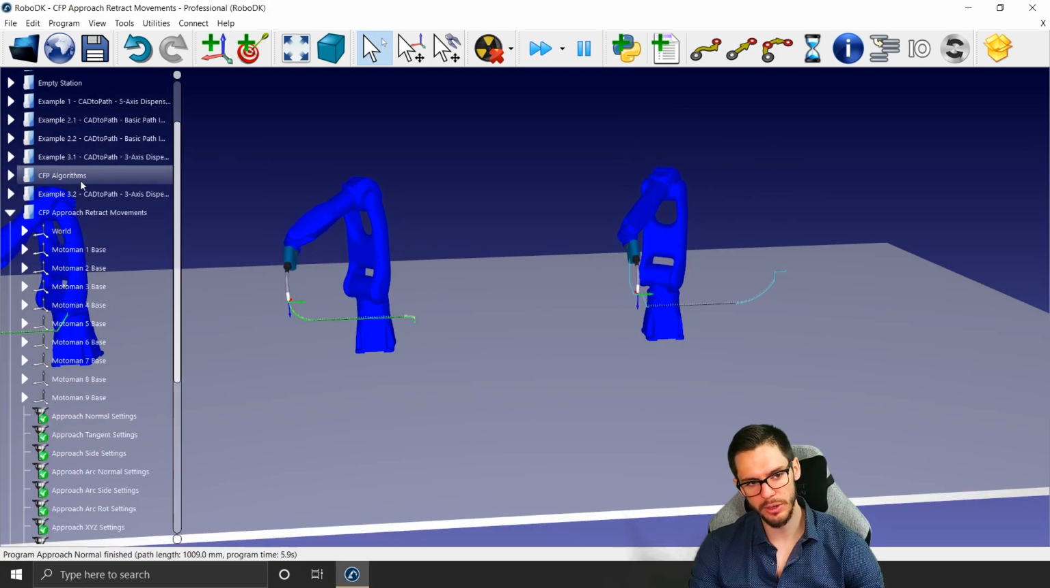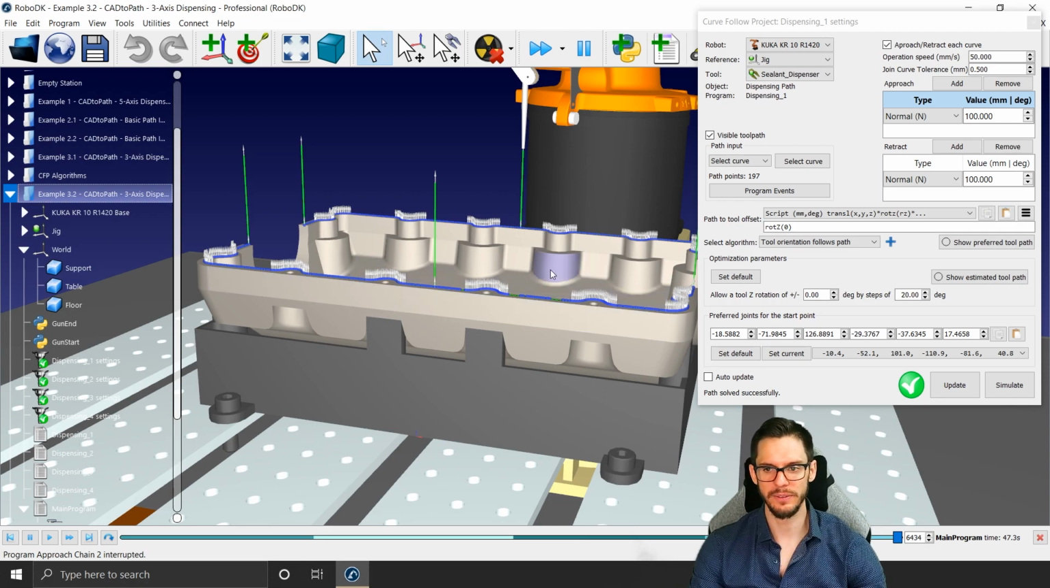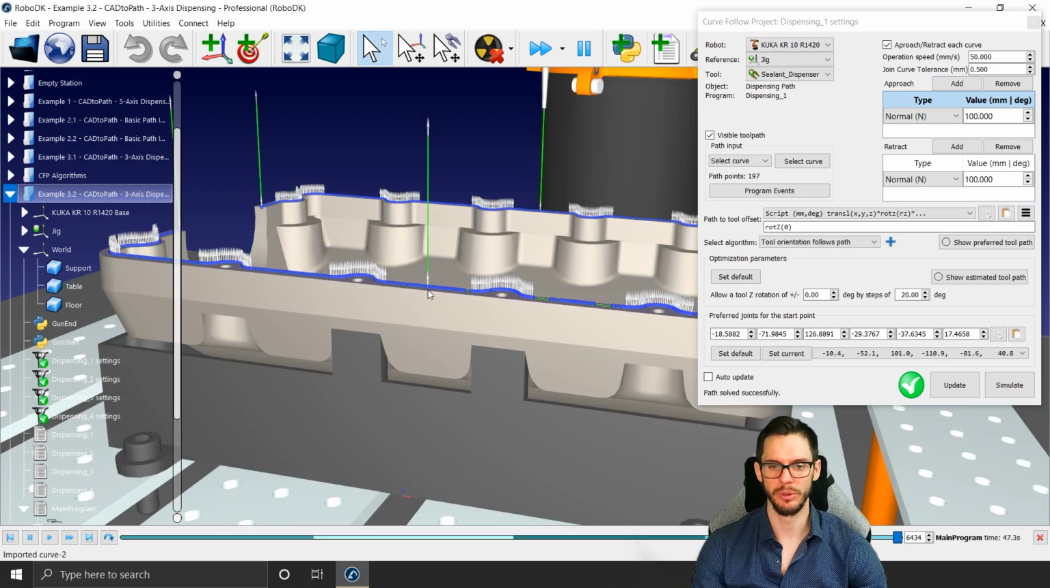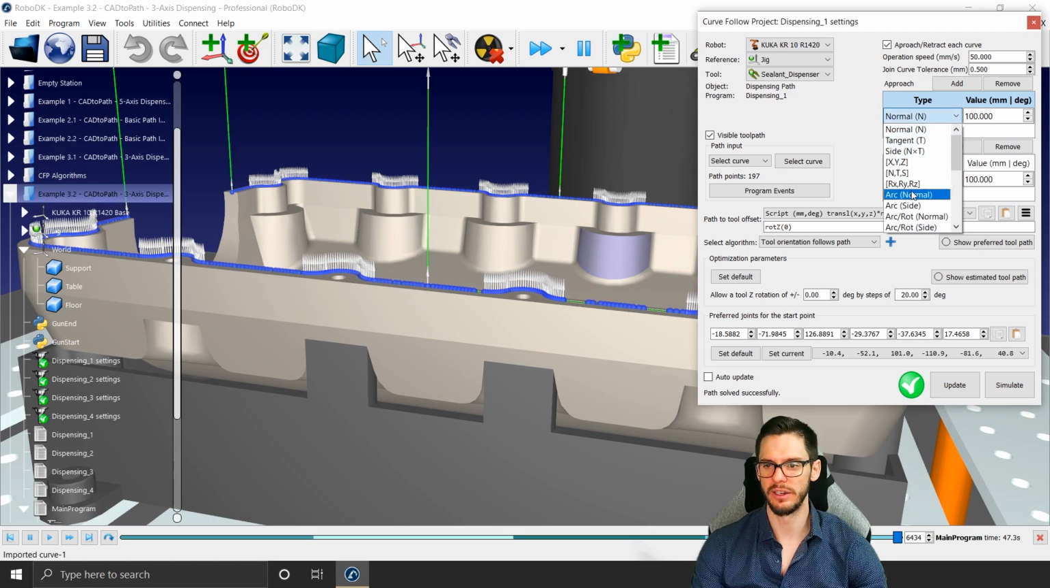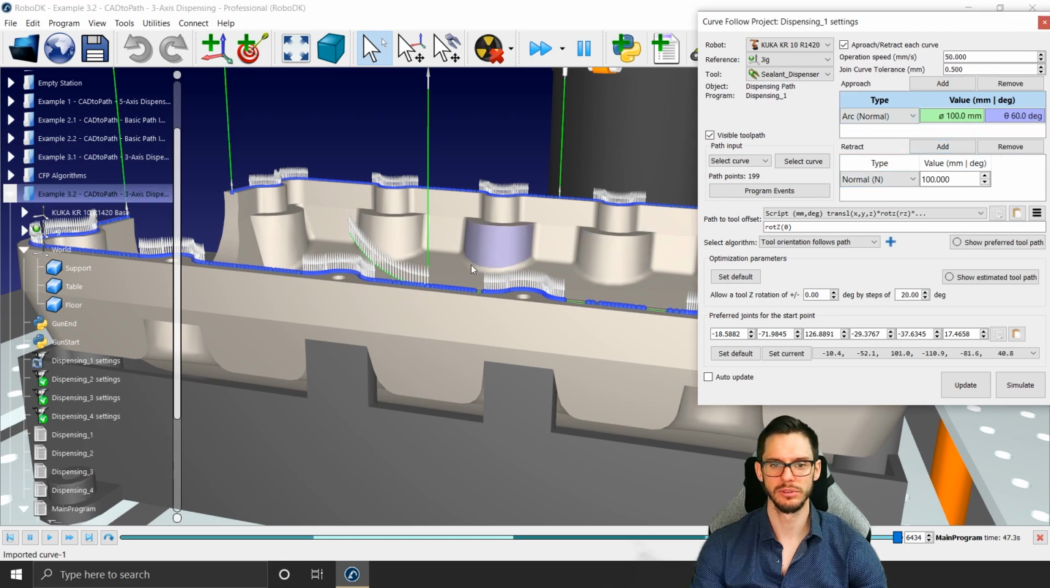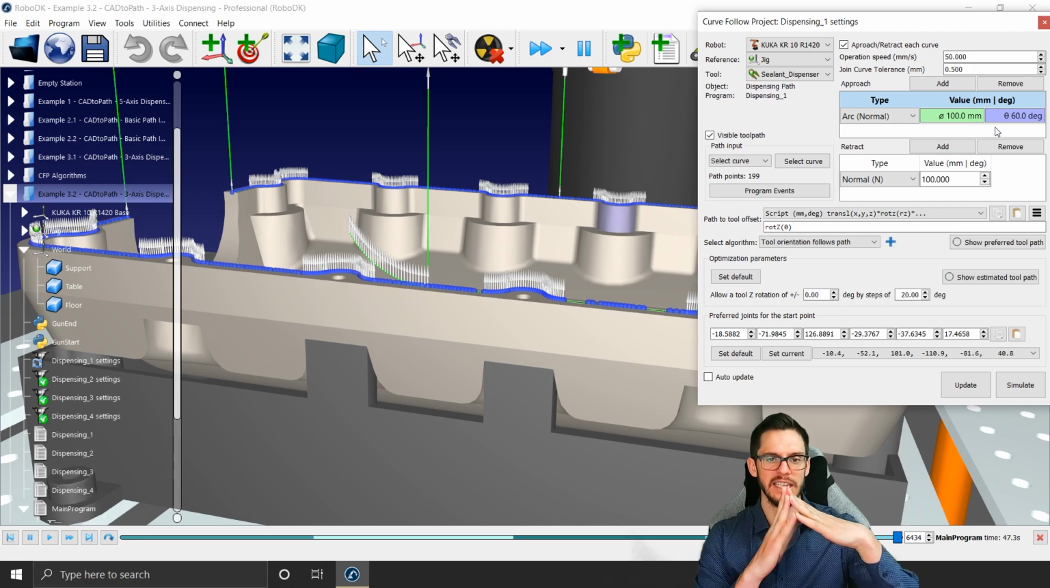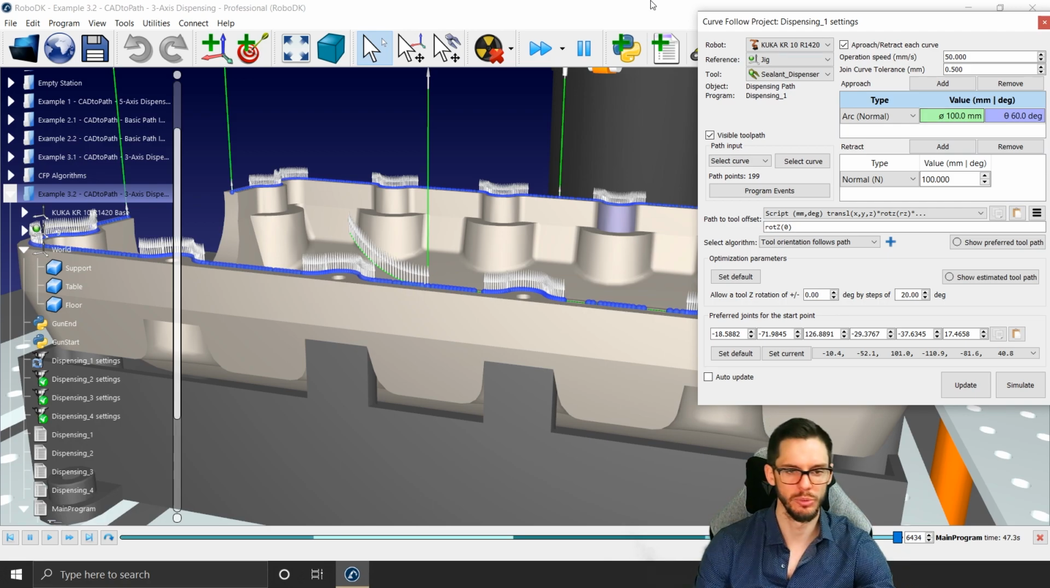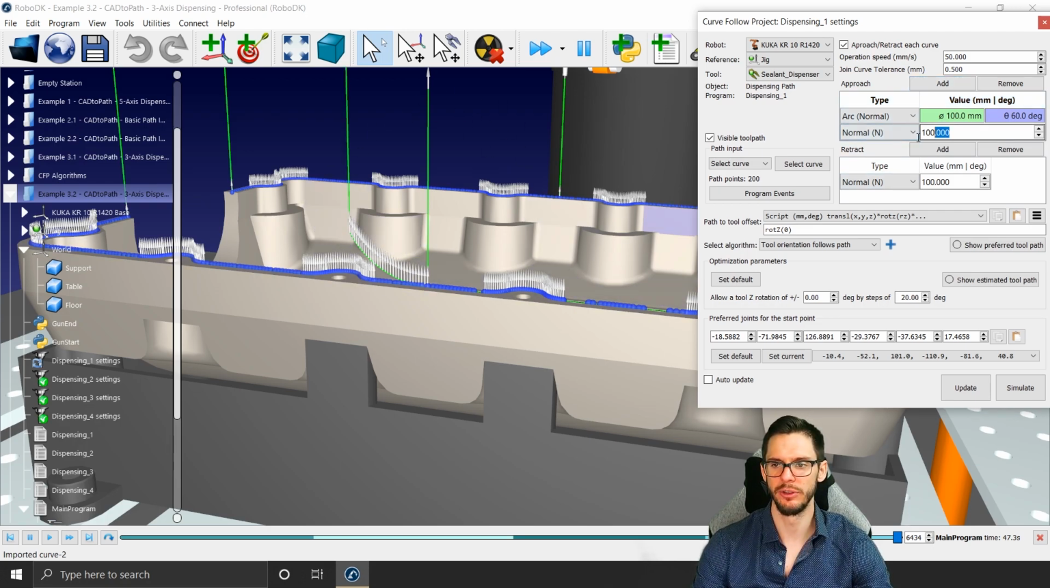So let's go back to our example. If I want to add approach and retract movement like this, the only thing I need to do, let's say I'm going to go for dispensing one. This is the approach movement. So I'm going to create an arc normal, just like that. So this is perfect. You have the diameter of the circle, and the 60-degree here is pretty much the size of the piece of pie you will actually take on the whole circle. And I can add a normal, let's say 50 like this, update,